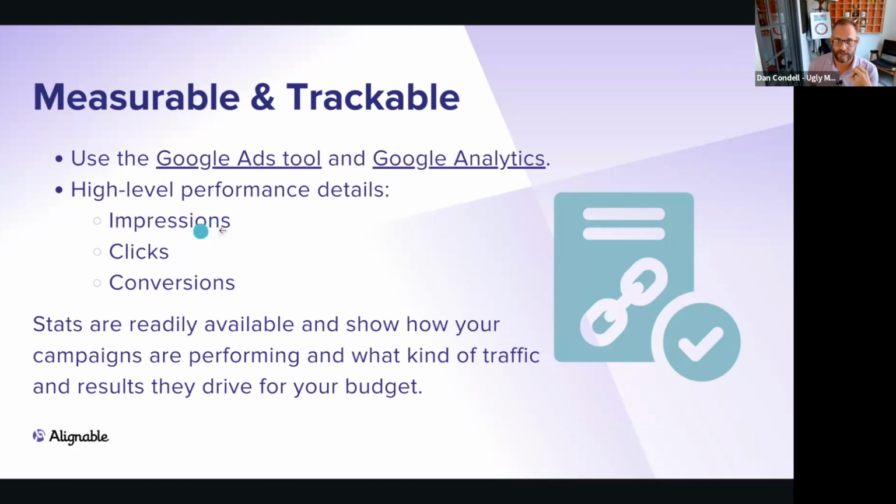These are like impressions. That's how often that particular ad is seen. So it could be seen by the same person 4 times. Well, that's 4 impressions, but that's not a bad thing, because if you're getting a good audience, you want them to see it several times. And this is referring more to a display ad as opposed to a ranking ad. A display ad would be something like an image they've seen on websites. If you want to know the truth, go to Ugly Mug Marketing's website, click on it, and then leave. I promise you're going to get a display ad. Those are the little display ads that come up when you start searching for other things. Those are part of Google.